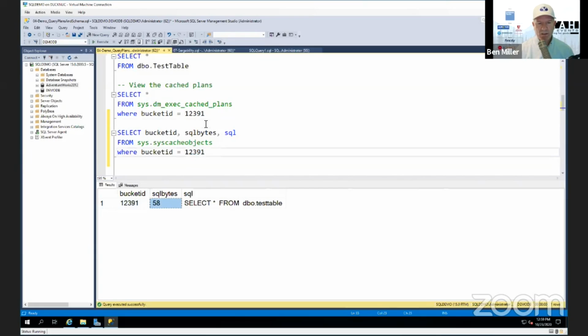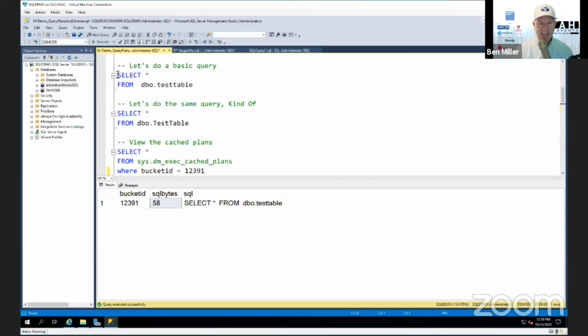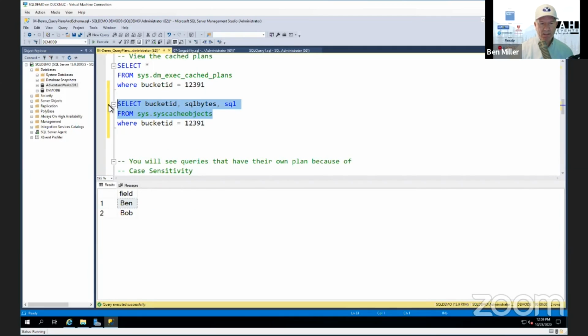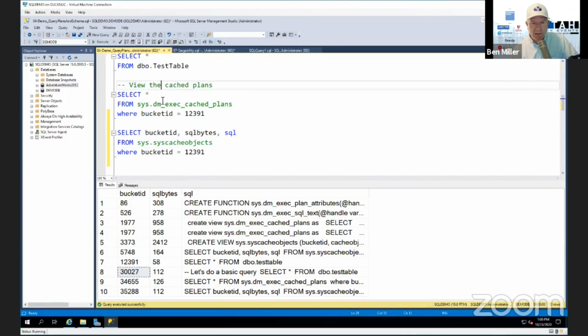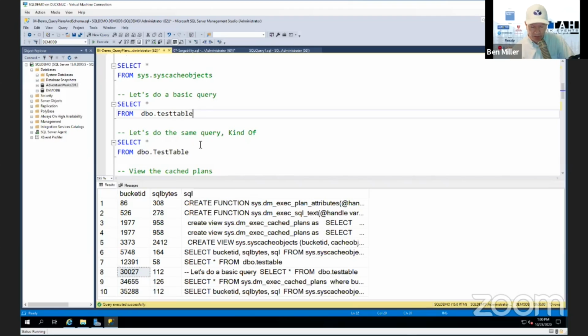So it's 58 bytes. But now watch what happens if I run the same exact thing again. It's not the same anymore. Select star from test table, 58 bytes. But look at this, there's another one, test table. It does care about the spaces and everything. What I did there was I included the comment. Even if I would have included a carriage return, line feed, or space, it would have been a completely different query. And if I would have changed cases to this guy and said it with a capital E,